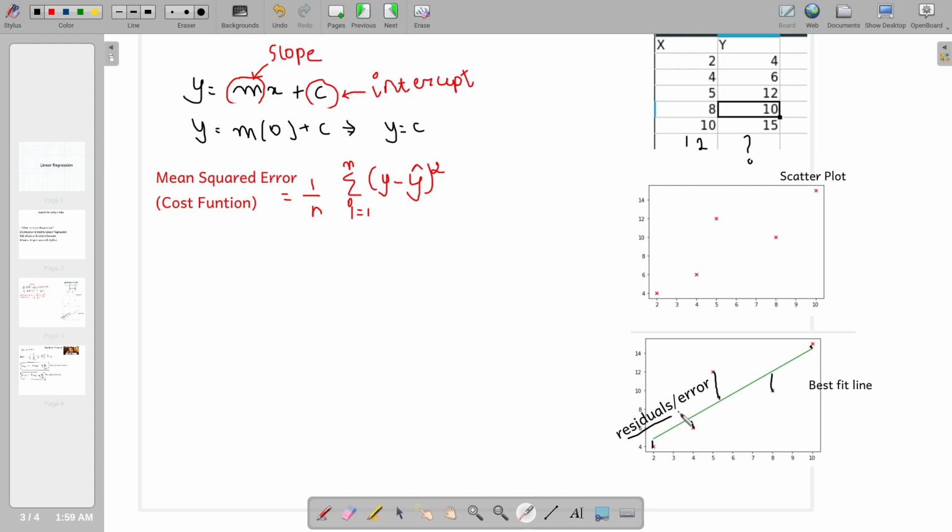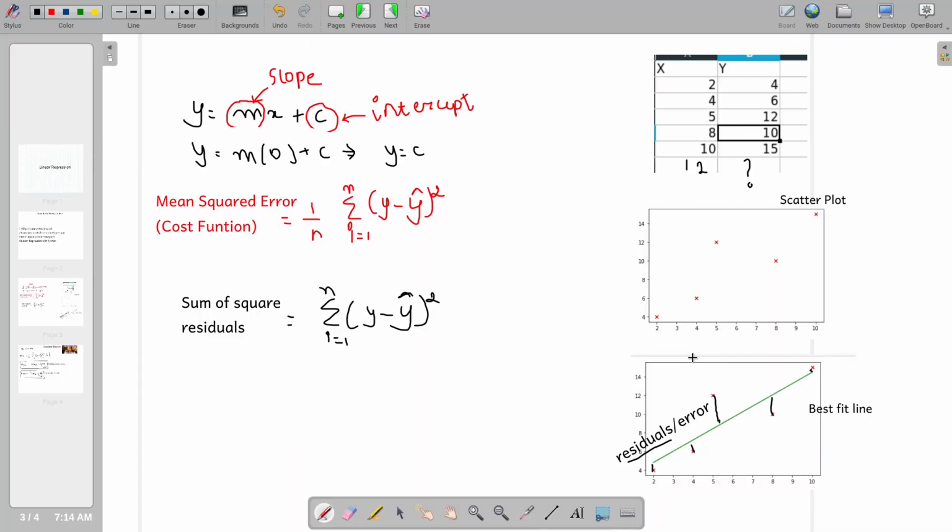Now I have just told you that with the help of mean squared error, we can find the value of m and c. But how is it done? Now comes the beauty of the algorithm known as gradient descent. Before diving into gradient descent, let us see some more stuff about cost function. Basically, a cost function shows you the error of your model. In the earlier part of this video, we saw mean squared error as the cost function, and our work is to reduce this error, and we'll see this in the upcoming part of the video.